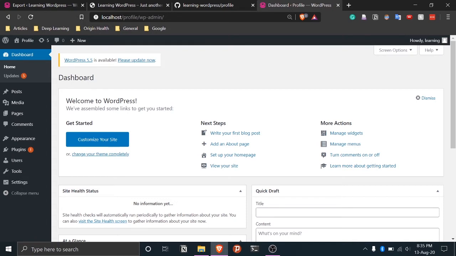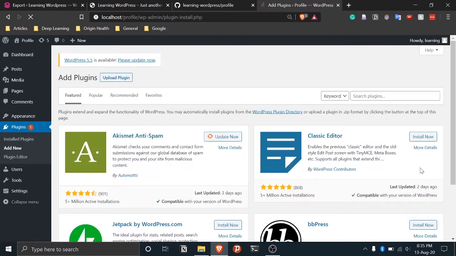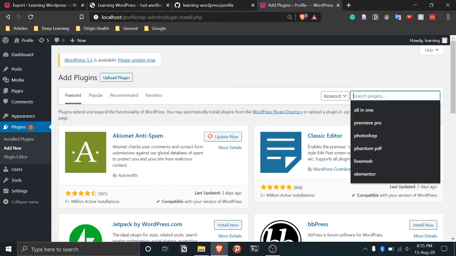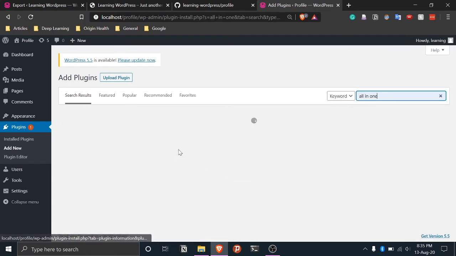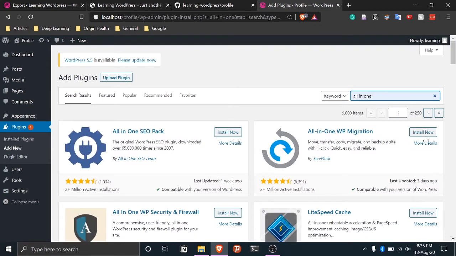We are again starting from scratch, and if you remember, we have already created our home page, so we can just import that home page, and then we can do some minor changes to make it look like our profile page. So we are going to import that page. For that, we'll install the All-in-One WP Migration plugin. We'll search for it, install this, and then activate once it is loaded.